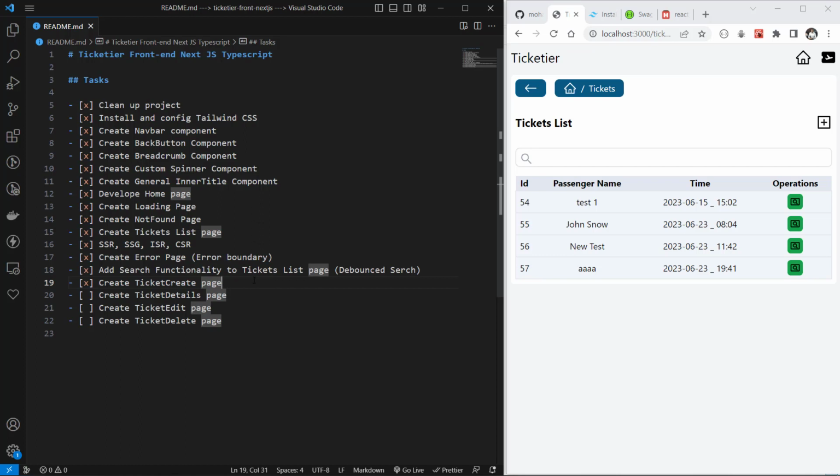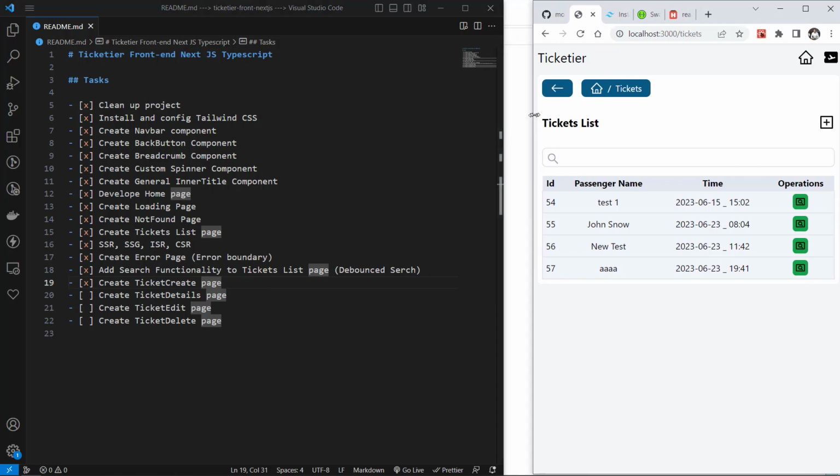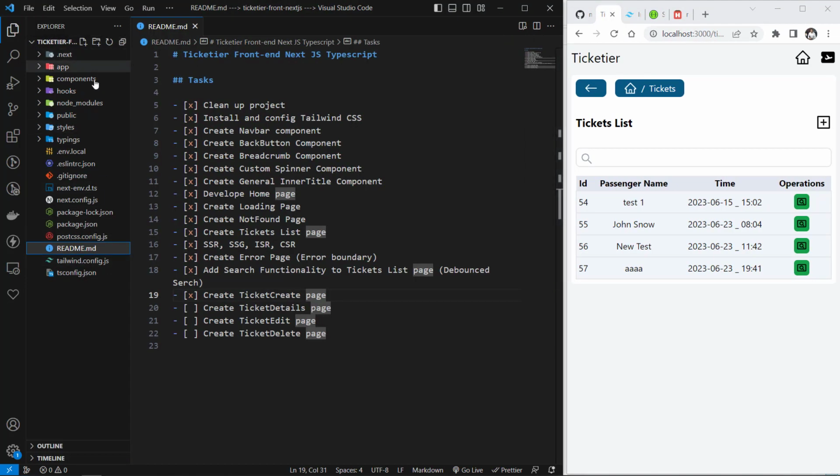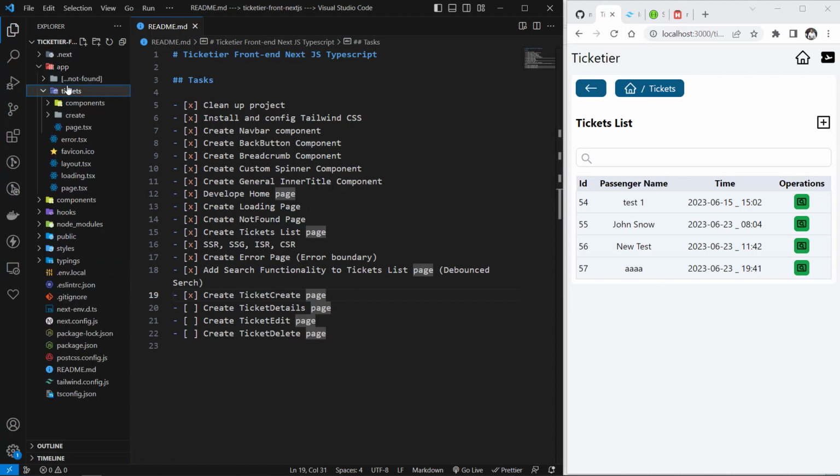The next task is creating the ticket details page. So let's do this. Let's minimize it a little and continue. So in app tickets, I want to have a dynamic route because I want to have an ID for different pages. So the way is like here inside of this tickets, we use these brackets and as ID, this would be our parameter. So inside of it, let's create a